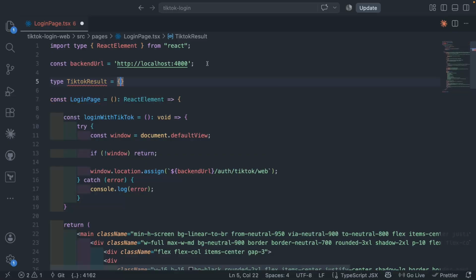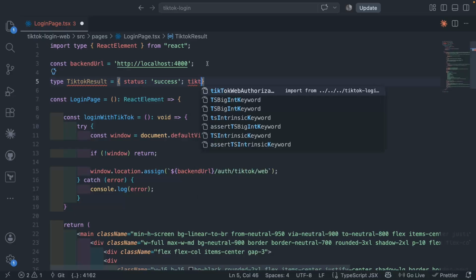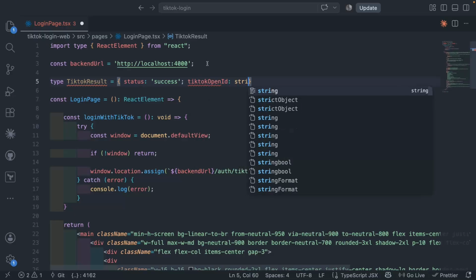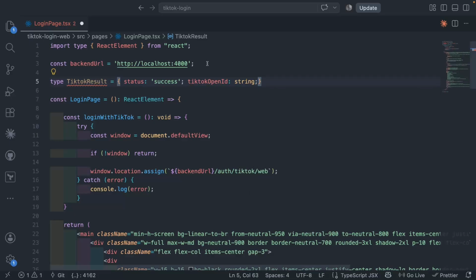This will be status success. Okay, and TikTok open ID of type string, display name of type string, avatar URL of type string. Okay,